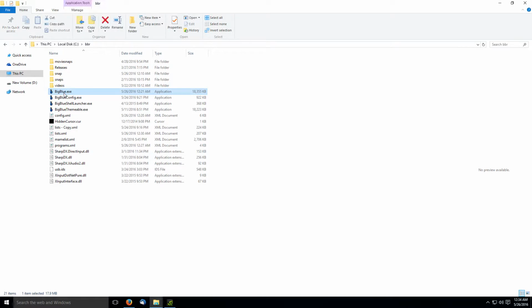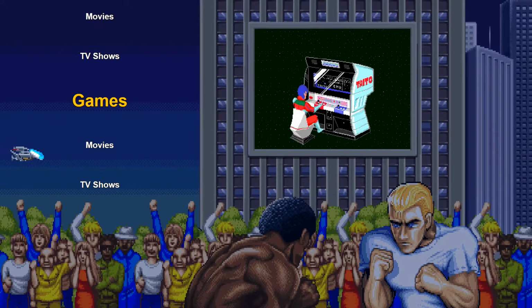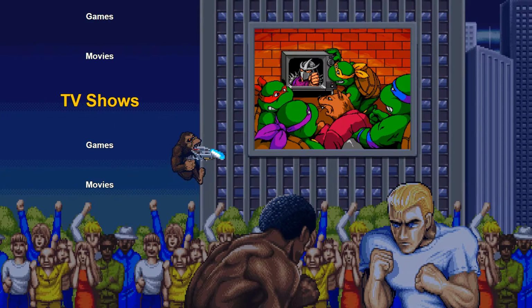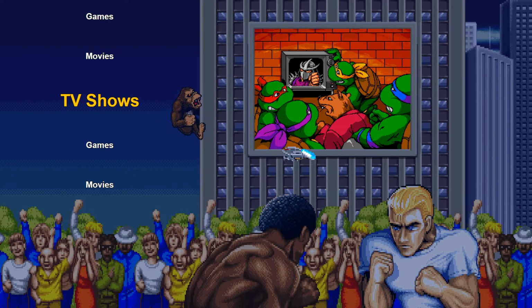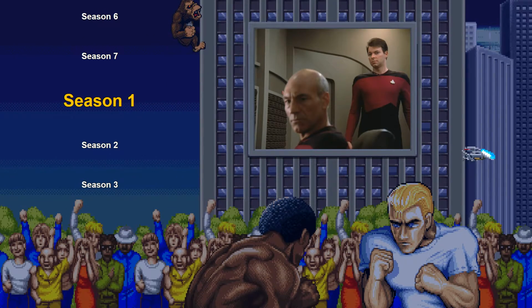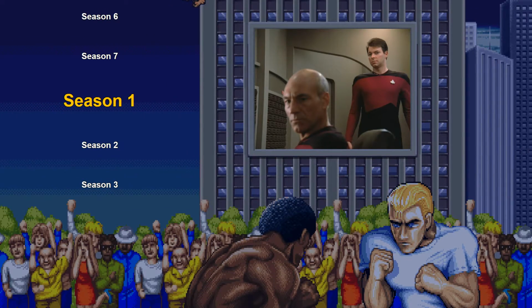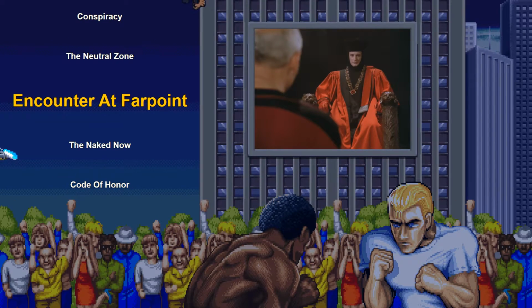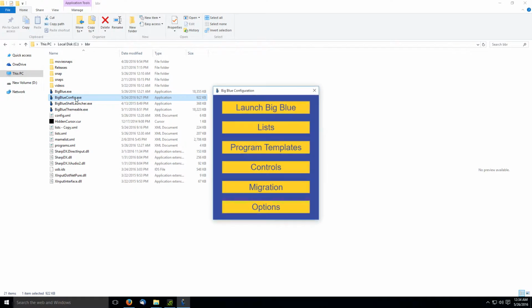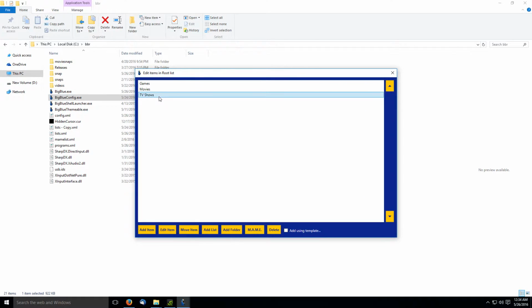So if I launch this thing and I go to TV shows, you'll see I just have Star Trek. These are my pre-created list items that I put in here. Okay, so now if I go into Big Blue config and I go into my list, I go into TV